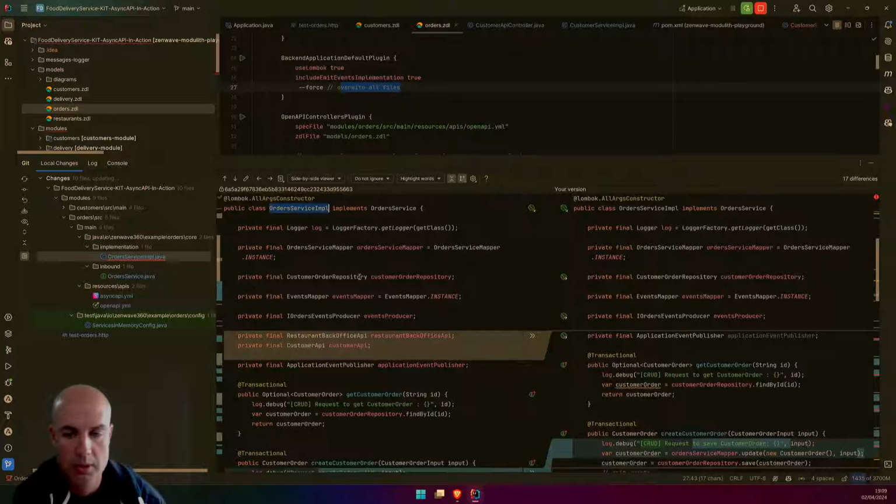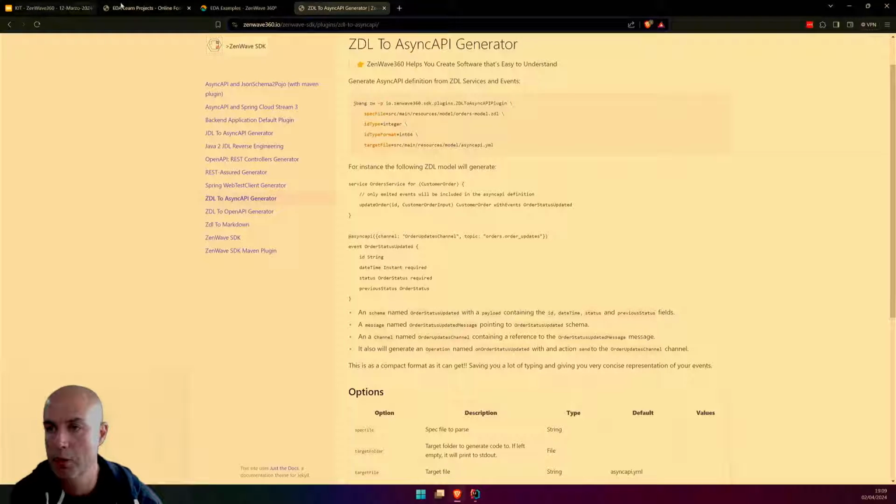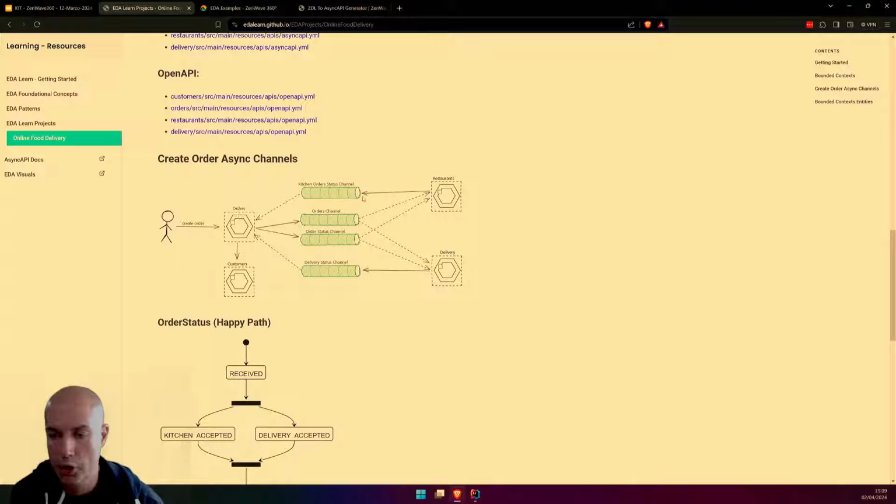Okay, so let's look at these changes. If you remember, the orders module talks with these Kafka channels, but also talks with the customers module. There is no line here, but it also talks with the restaurant module through a REST API to get some customer details and the address of the restaurant.